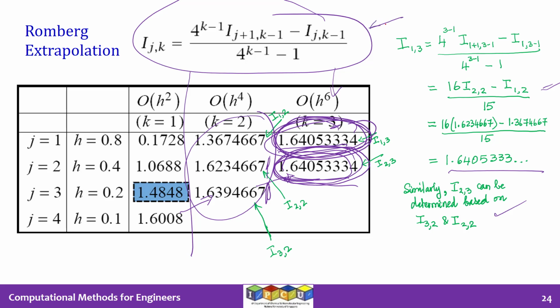There is a larger principle here. This is sometimes called productive failure. All these 4 estimates were bad. They may be deemed as failures. But when you look at those numbers in a different way and organize them in a certain structure, which Romberg did here, you are able to generate successes out of those 4 failures.